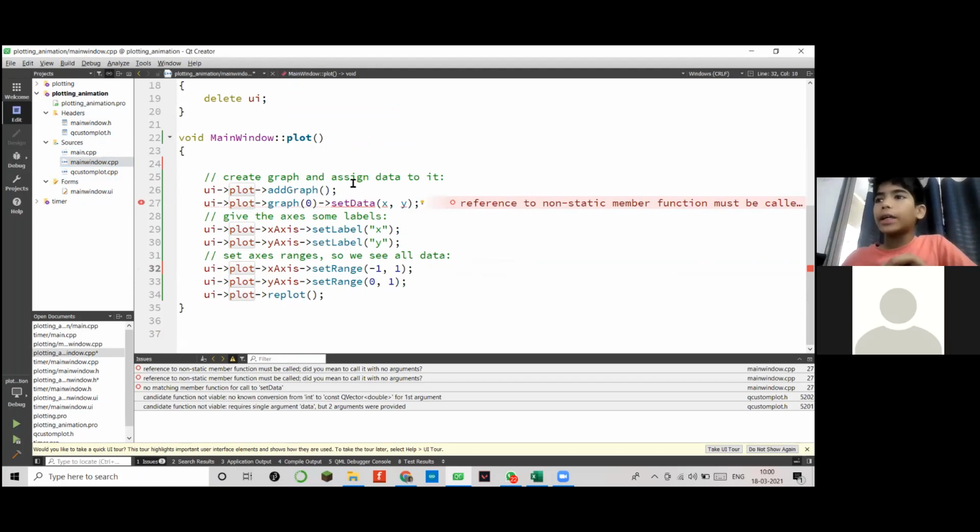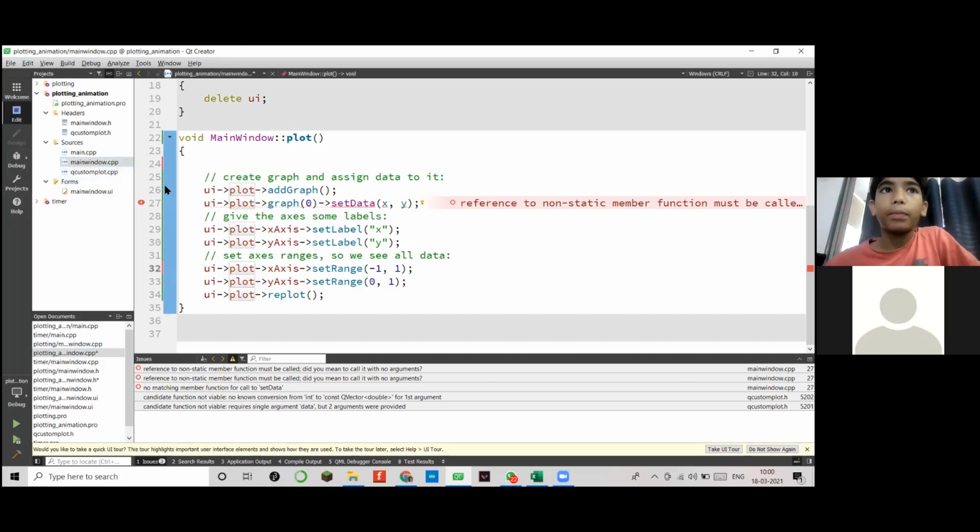Let's say that value goes from 0 to 1: 0, 0.1, 0.2, 0.3, 0.4, like that it will keep going up. And I'm going to use a sine function. So every time the timer runs, the value updates and the sine keeps going. Like that I'm planning to do.